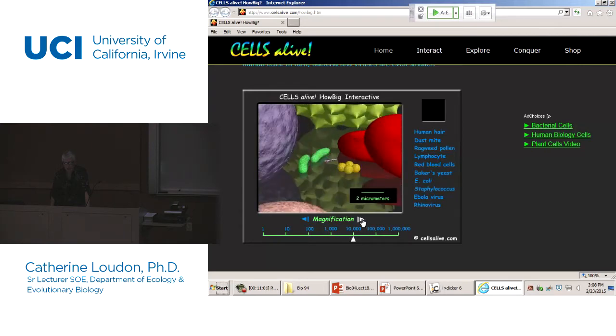As we zoom in even more, we've got a new scale bar here showing this is about 2 microns, or 2 millionths of a meter now, from here to here at this level of magnification. These green things here are supposed to represent bacteria, as are the yellow things, Staphylococcus. So these are supposed to be 2 different kinds of bacteria.